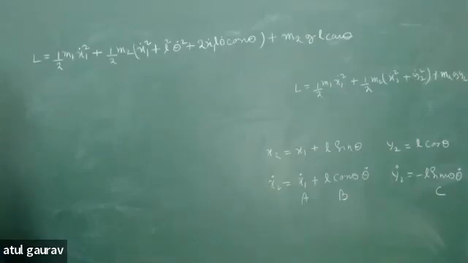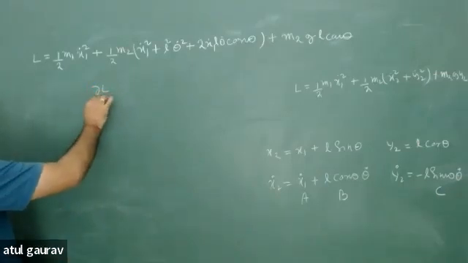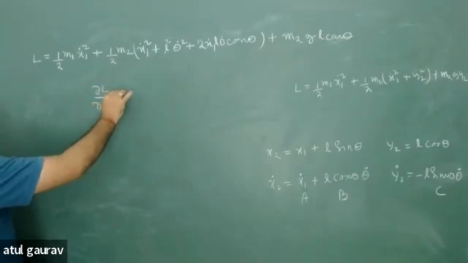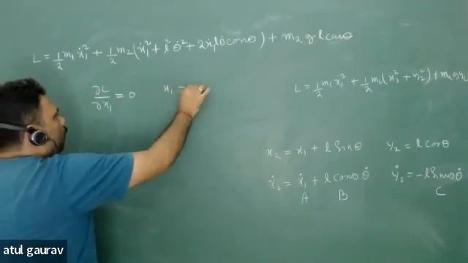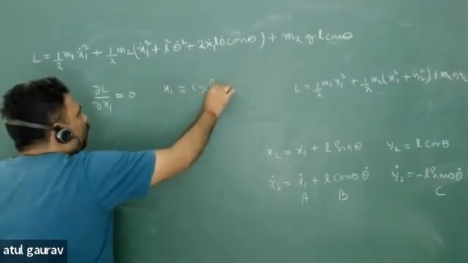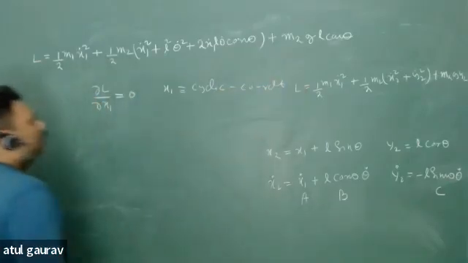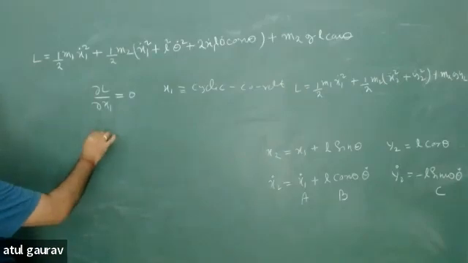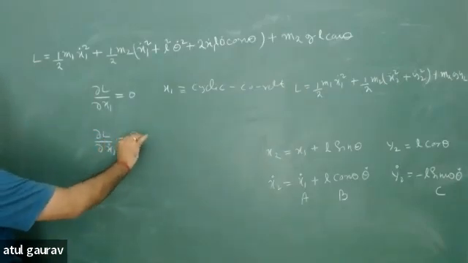Sir, x1. X1 is your cyclic coordinate. Very good. So if x1 is your cyclic coordinate, then which quantity is conserved? Px1. What is Px1? You can easily check del L upon del x1 is equal to 0, because x1 is a cyclic coordinate. And then you can go for del L upon del x1 dot, which is nothing but